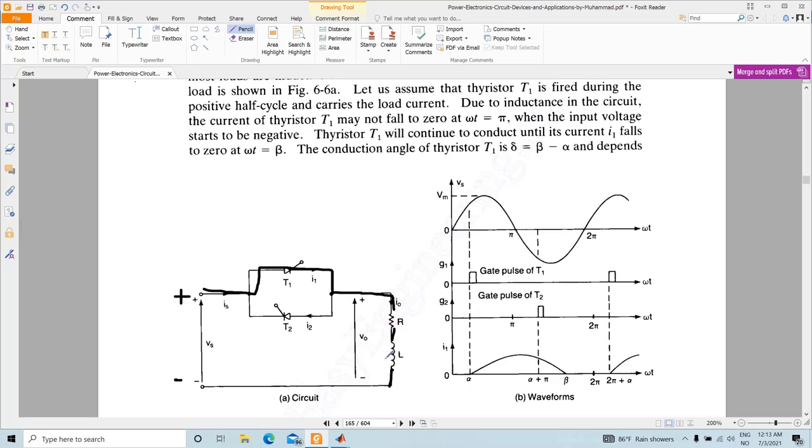So once you have a voltage zero crossing of the source voltage, this L will continue to push this current in this way, so the current will flow through the thyristors, and until this current becomes 0 in the thyristors, this T1 will be turned on. So basically the output voltage will depend on the alpha,